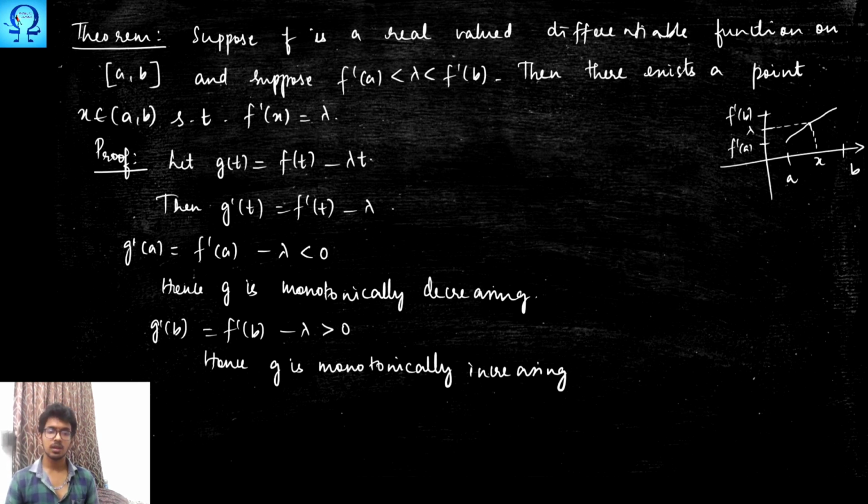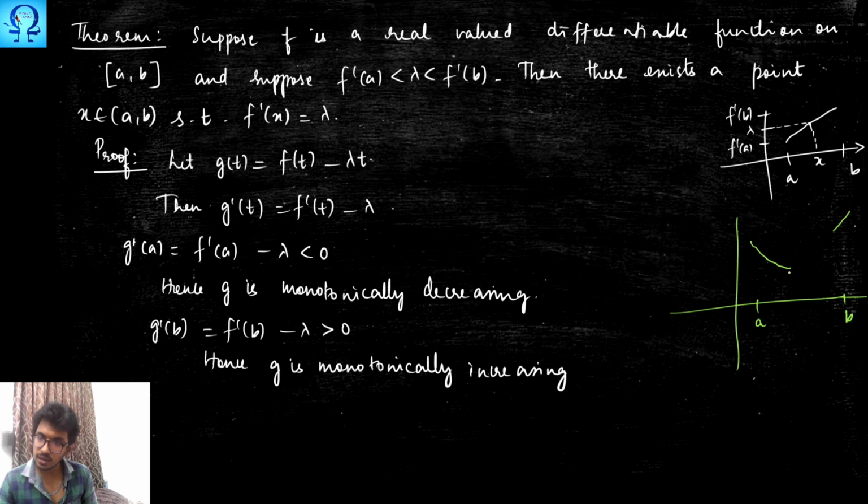What is happening with g? This is a question that may arise in our mind. Let me answer that. So this is somewhere A. If you look from this point, this function seems to be monotonically decreasing. If you look at this point B, here the function seems to be monotonically increasing. It is decreasing in the sense, this is increasing in the sense, which means it will come somewhere here and it will go like this.